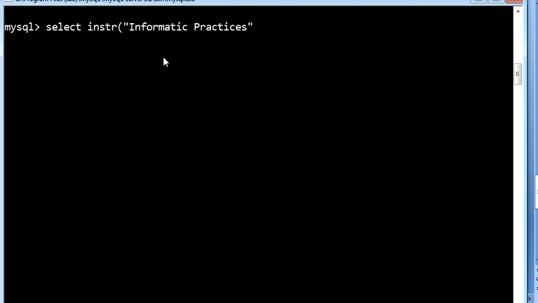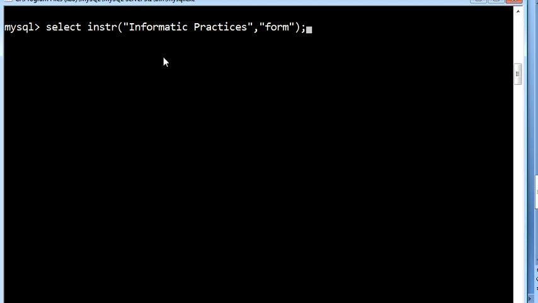This is the actual string passed as the first argument. And what should be the second argument? The word that you want to search in the actual string. The second argument can be a single character or multiple characters, depending on the user's choice. First let us try with a word. We want to search whether FORM is present in our first argument, Informatic Practices.